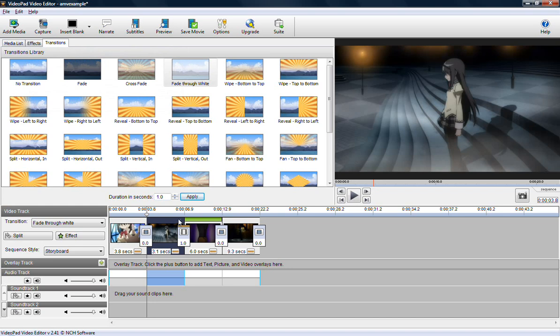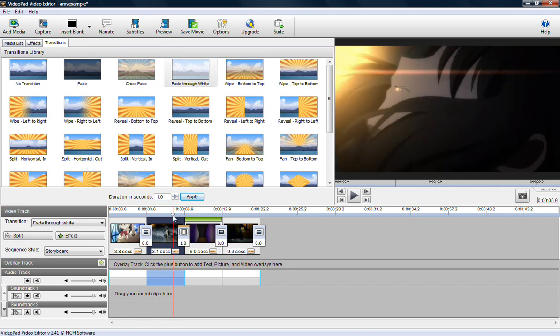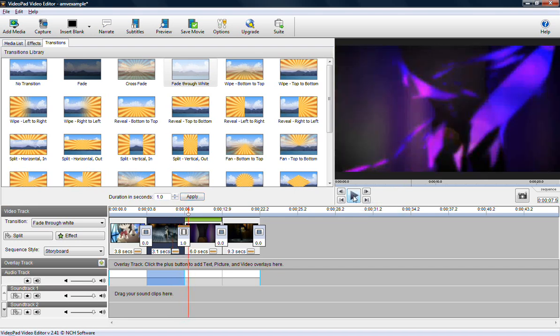In order to preview your transition, you can use the right side player as always. For sake of ease, I recommend just placing your red seeker toward the end of your clip and playing it that way. And there you'll see your transition in action. If you decide later you don't like your transition, you can simply click the No Transition button and click Apply, and that'll get rid of it. Effects and transitions should be regularly previewed on the right side player to make sure you've gotten everything you wanted. And now we can move on.